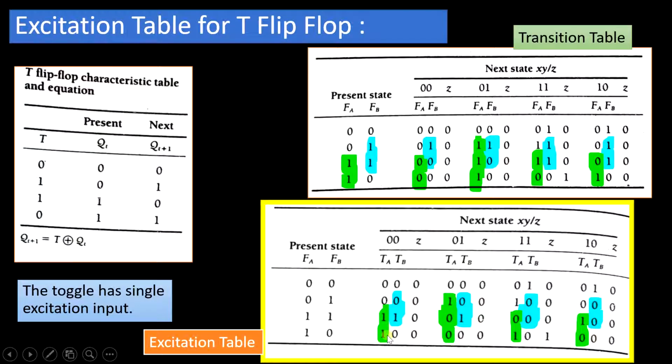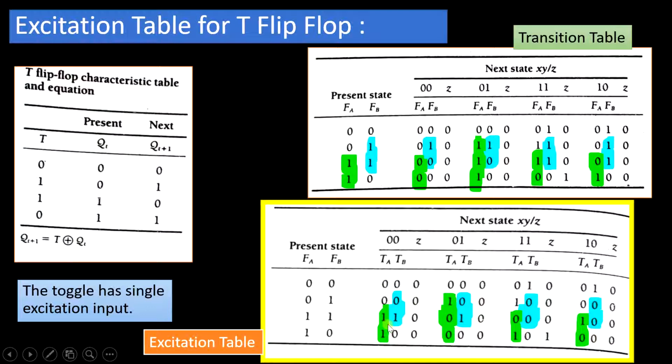That is why I have highlighted this in green color to show you how the change is occurring. So what you need to basically do is compare FA with the FA of the next state, okay? And you have to compare FA here and modify TA. Why do you have to modify TA? Because you are only looking into the first flip-flop, that is FA. So here that is being replaced with TA.